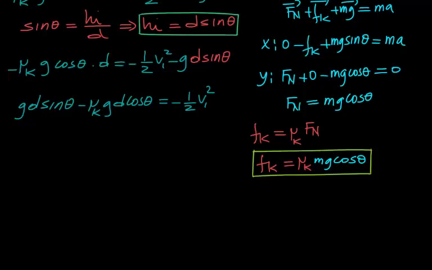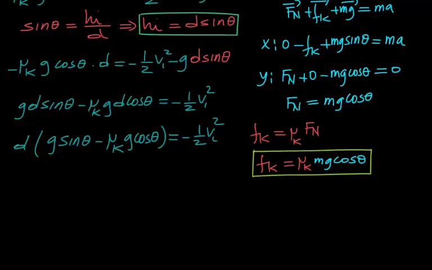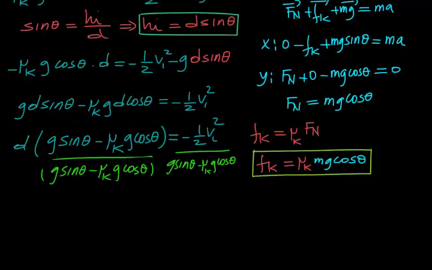Factorize the d: g sine theta minus mu k g cosine theta equals negative 1/2 v initial squared. Divide both sides by this entire quantity, g sine theta minus mu k g cosine theta. This entire thing cancels with that one, and d looks like d equals